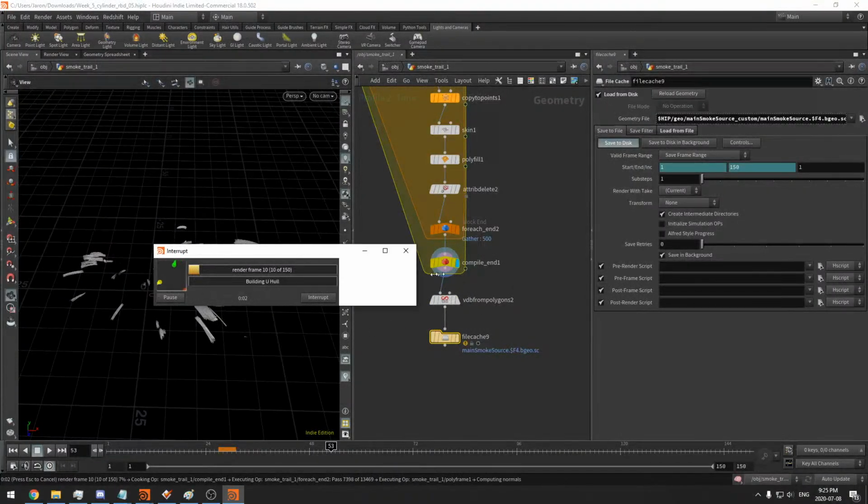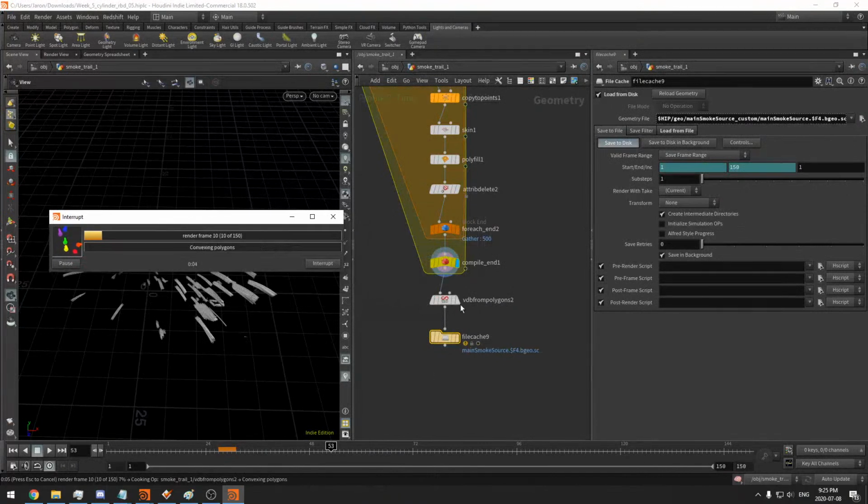So now the hard part it's going to have to deal with every time is going to be this VDB from polygons. So it's not wasting time going through the for each node each time now. It's just going to take time reading through the VDB from polygons. And even then, we really could see which ones are closest together, and then